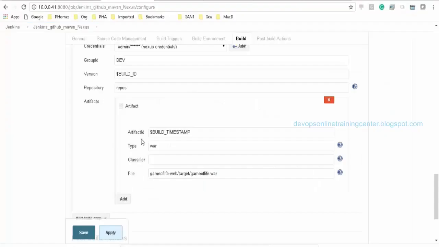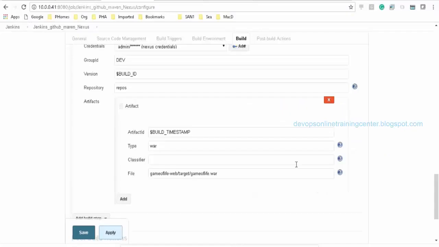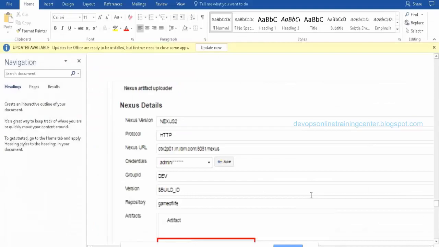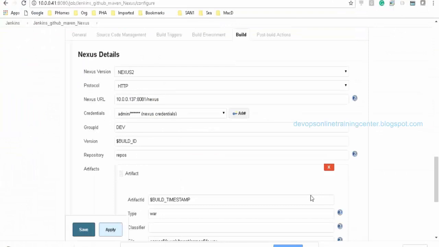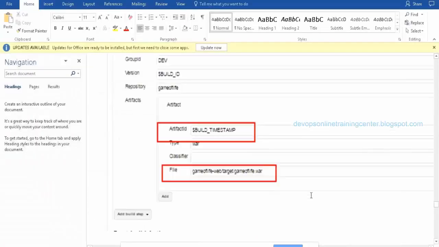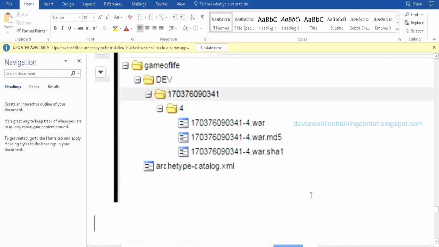Var file, yes, var file, game of life, web, target, game of life.var. Anything I missed? Nexus, HTTP, server name, admin 123, are the credentials correct? Dev, build ID, game of life, artifact. Correct. Actually, it should store something like this: game of life, web, dev, and the directory name and the build name, and this is the binary which will be copied.